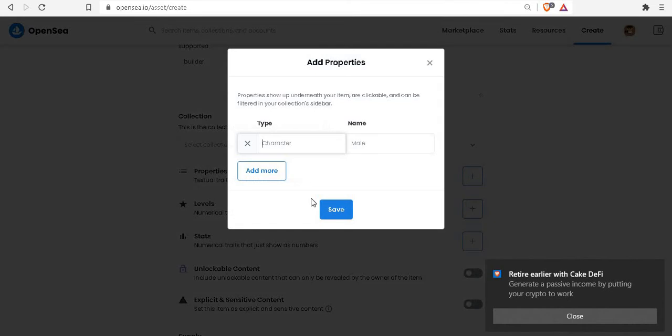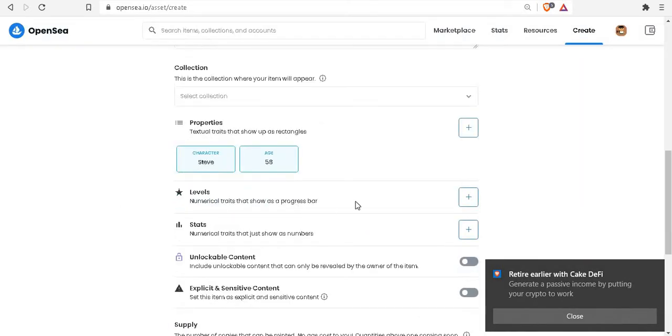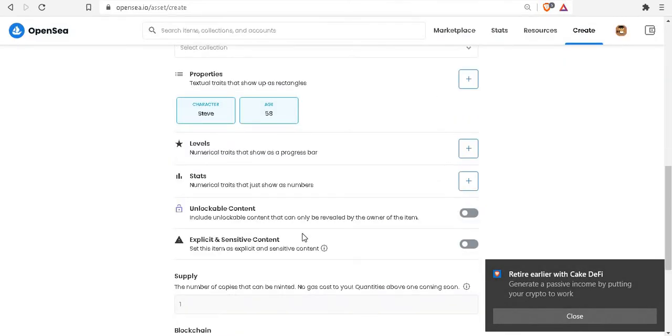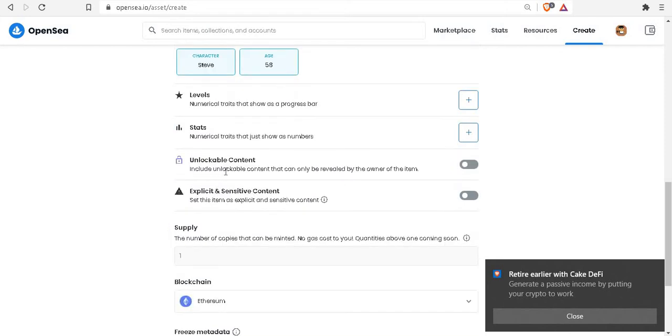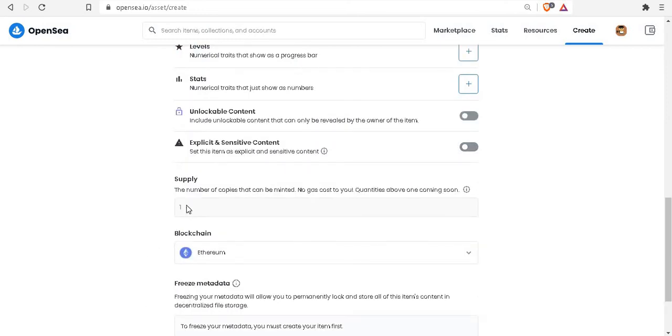This one you can add properties, you can add name or character, and next you can add levels. So these are optional, you don't have to fill those in. You can also add unlockable content if you want to, or explicit content, and here you can add the number of supply